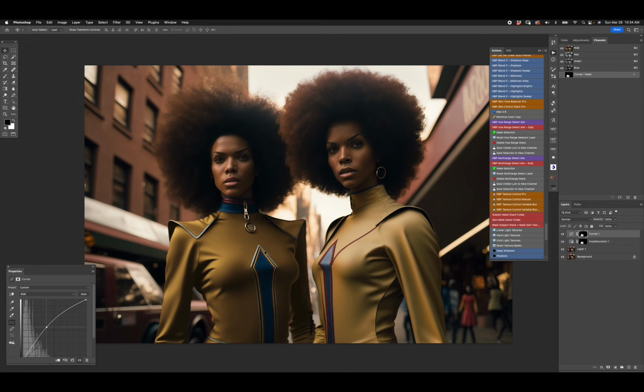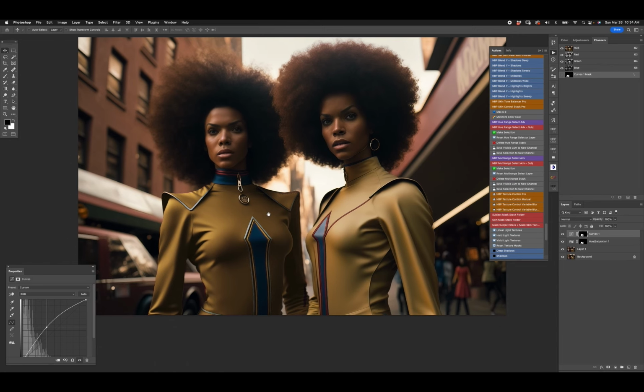Now, one thing that did happen, of course, is that the red outline on this blue area right here did change. If we didn't want that, we'd have to manually fix that. And of course, I ignored this red stripe on her collar as well. You can fix that manually as well. But still, the nuances of all the different hues was accounted for using Actions 15 because we could visualize exactly